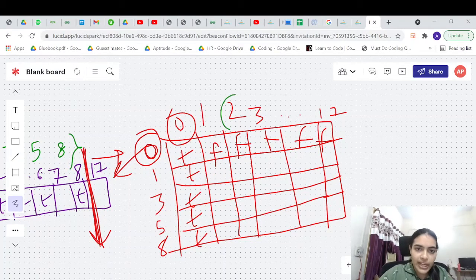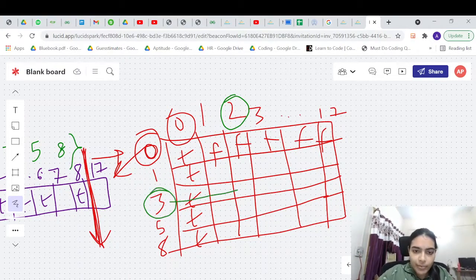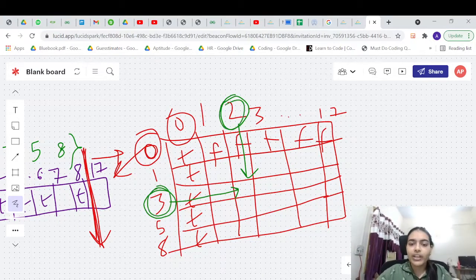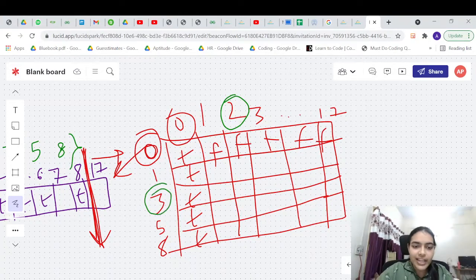Suppose I am trying to make a sum of 2, and I am trying to see whether I can use element 3 or not to make a sum of 2. So what does this cell correspond to? This cell means whether I can use the first two elements to make 2 or not. Now when I'm looking at this row and this column, I'm seeing whether 3 is useful to make 2 or not. Now, if 3 is greater than 2, can I use 3 to make 2? It is not feasible, right? Because 3 is bigger than 2.